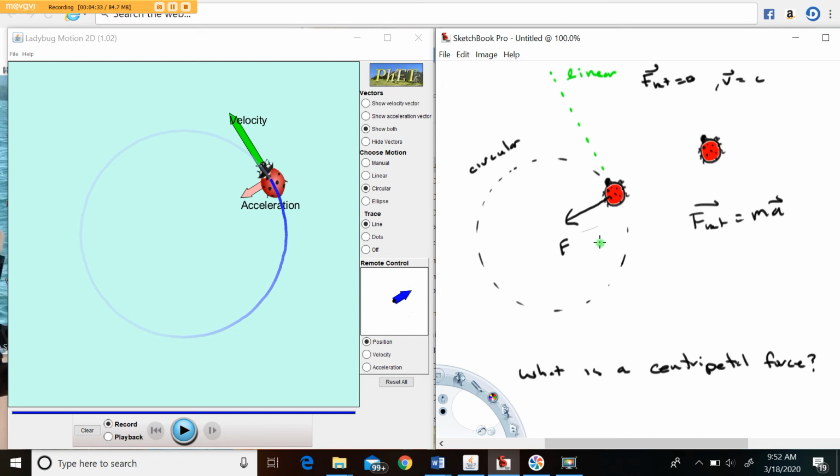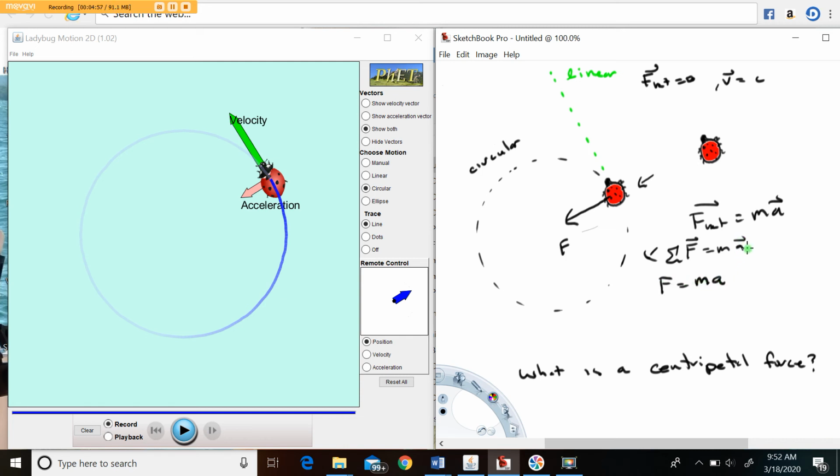So that's what a centripetal force is, and if we apply Newton's second law, which says the sum of all forces is equal to mass times acceleration, in this direction, we have that whatever this force is equals m